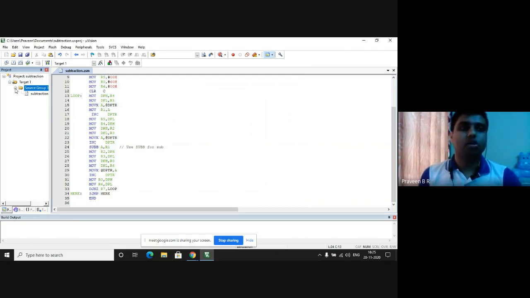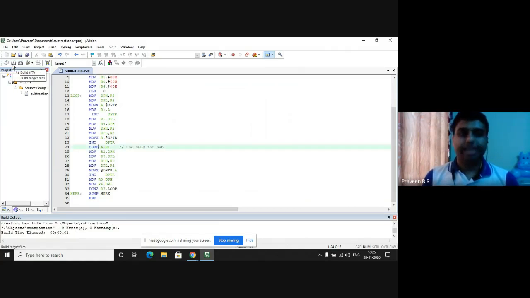Now we have to do the compilation. Compilation has three steps. We check for the errors. How do we check for the errors? First, we translate and see in the build output window whether there are any errors. If it indicates 0 errors and 0 warnings, it means that there are no errors. I press build, which links to the hex file. Then I press rebuild,